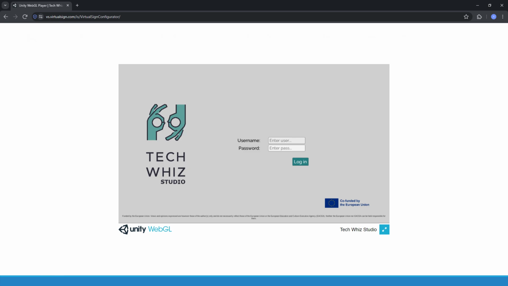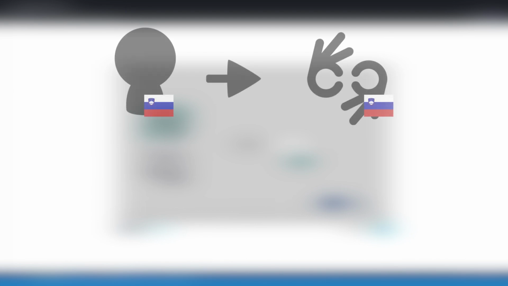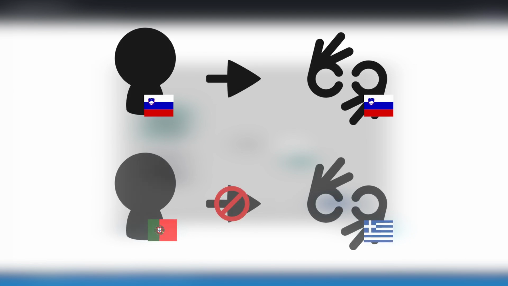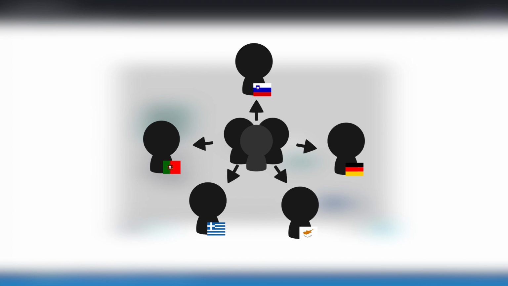Studio is not freely accessible because using it takes some practice and quality control over the inputs is important. Additionally, inputs are language specific, which means individual users should only have the access rights to add signs for a specific sign language. Nevertheless, for the purposes of this video and certification, we have created user accounts that are publicly available for anybody to use. Using these accounts, you can log in and try TechWiz Studio in any of the supported languages.